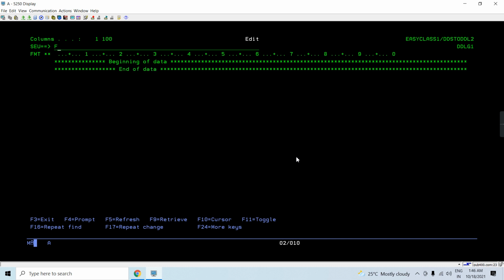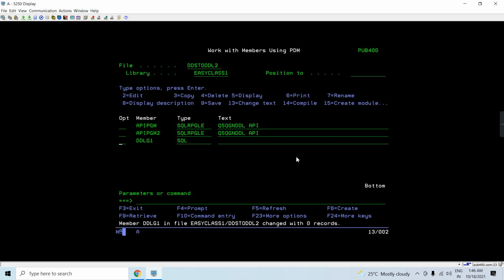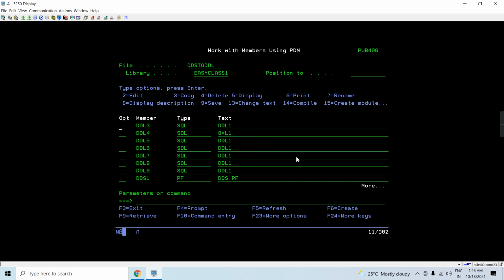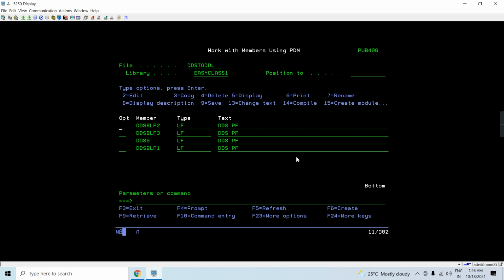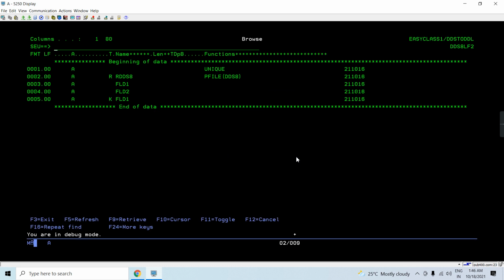You can see the indexes are generated with no errors. This was the 8 one.